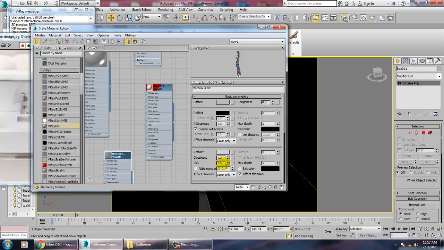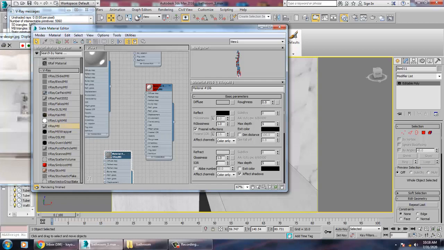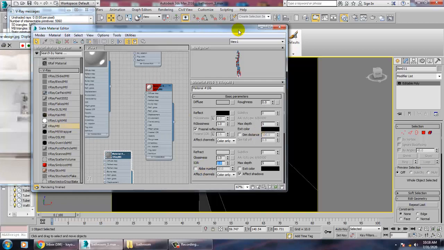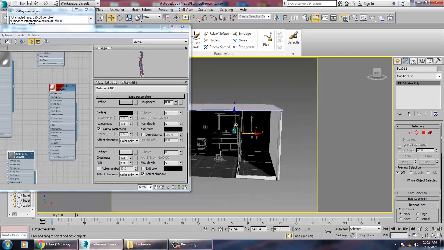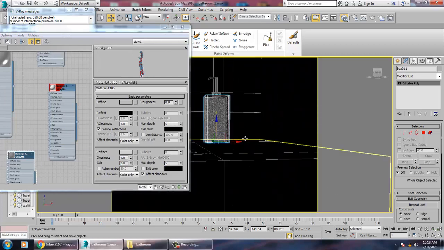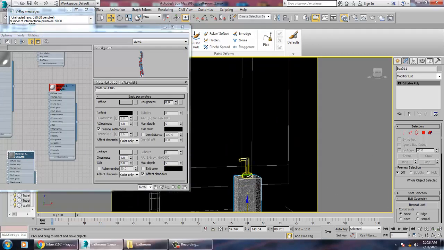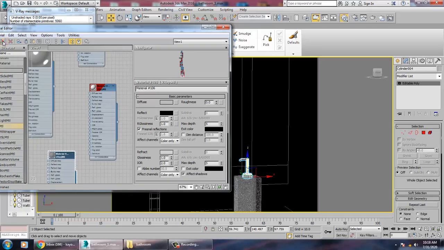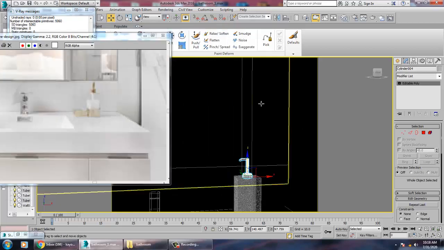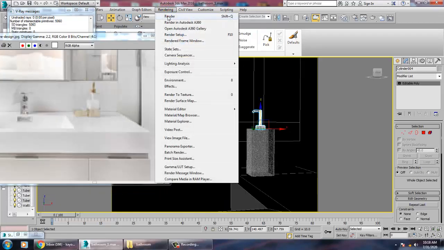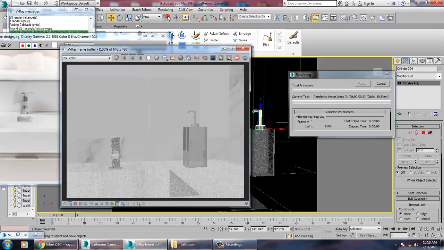And if you want, we can increase its IOR to 2. That's it. Alright. Not a problem.